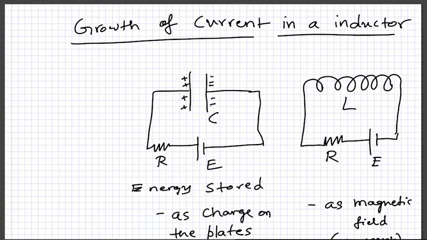In the case of the capacitor, you have to separate the charges, you have to break the bonds. So by doing work, you break the bonds and separate the charges. In case of an inductor, you induce a magnetic field around a coil, and then once you remove the battery